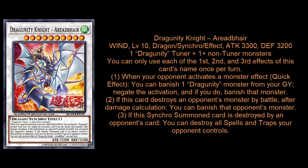This card will 100% be summoned by Dragunity players. Number one, that monster effect negation is absolutely amazing. This card is basically Crystal Wing Synchro Dragon on crack. Not only do you get that excellent defensive effect of the monster negation, but it's even better than most monster negates in Yu-Gi-Oh! because it's very similar to Orchestrated Crescendo, by which I mean you get that banishing effect, which is pretty much the epitome of negation,